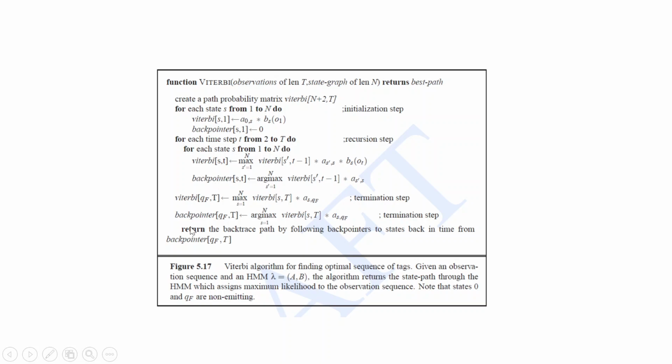Finally, when we reach the state which has the maximum Viterbi value at time slot T, that will be our maximum probability path, and that particular argument will be our final state. And finally, when you look at the back pointer, we will get a trace of the path through which we have come, the different states. And the different states are actually the different tags. So if you look at the data structure called back pointer, we get the best tag for the particular input. That is how the Viterbi algorithm works.